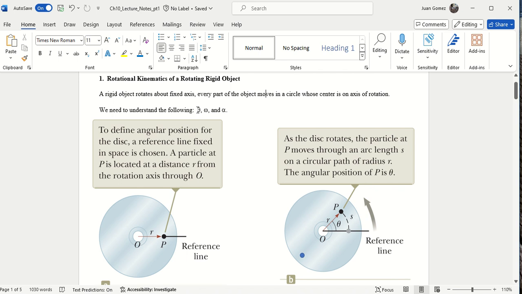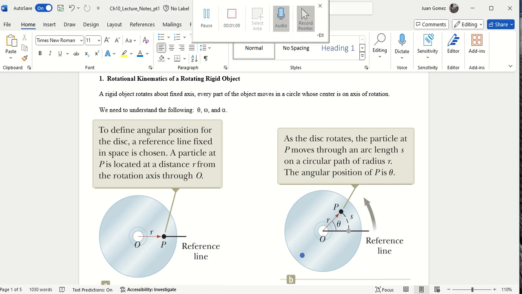Well, we need to understand the following terms. Remember now we want to get out of linear motion and think